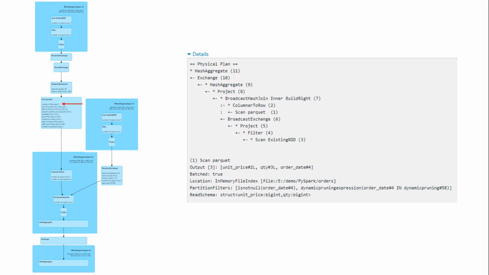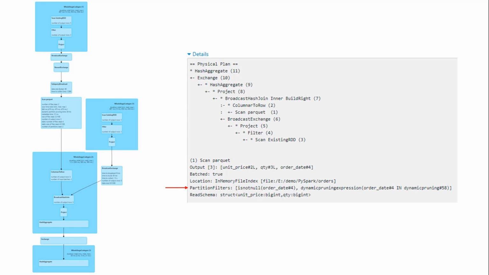If you look at the physical plan and check out the scan Parquet details, you will see a dynamic pruning expression. The point is straight. Spark dynamic partition pruning can take a filter condition from your dimension table and inject it into your fact table as a subquery. Once a subquery is injected into your fact table, Spark can apply partition pruning on your fact table. It works like magic.